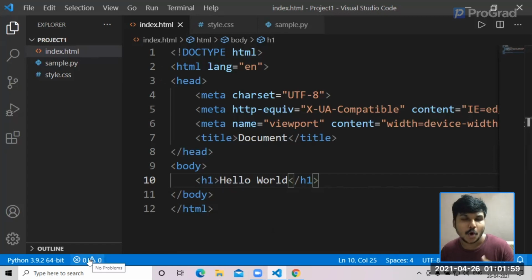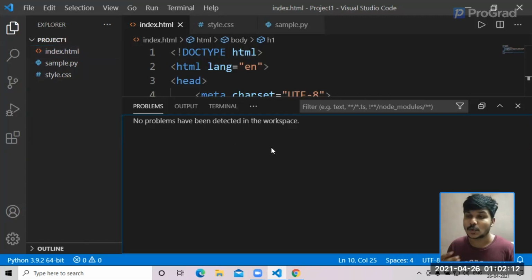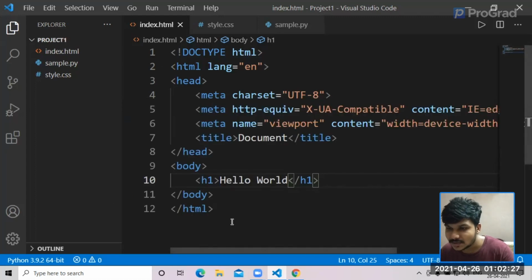If you want to make sure that you have not committed any errors in your code, you can select this, and it says no problems have been detected in your workspace. That's a cool feature which checks all the files. So until then, you are safe. It also helps you determine that the zero signifies that you have not made any mistakes so far, and it is good to go. So that's cool. The next thing I want to discuss is that now you could see that we have to scroll this in order to check everything properly, right?